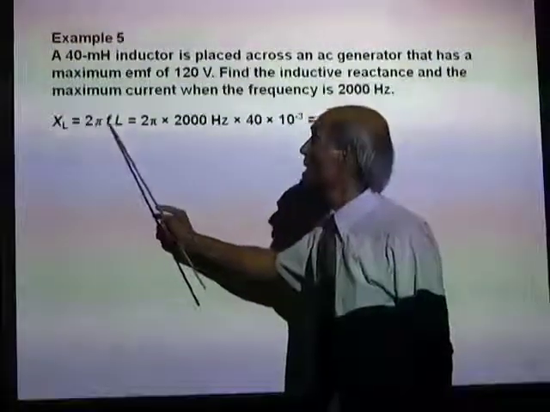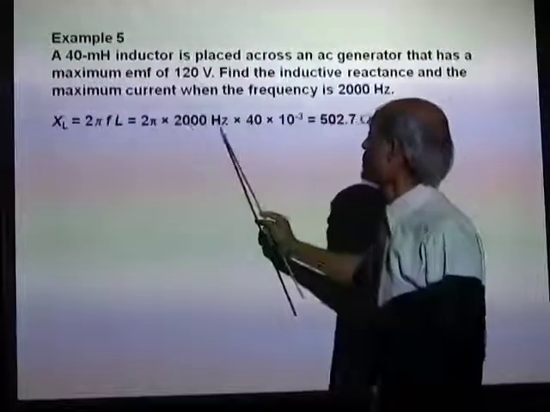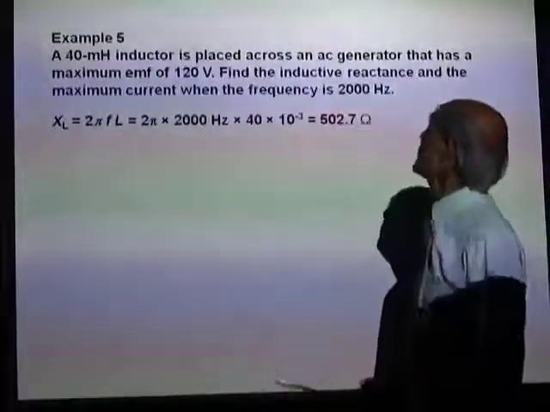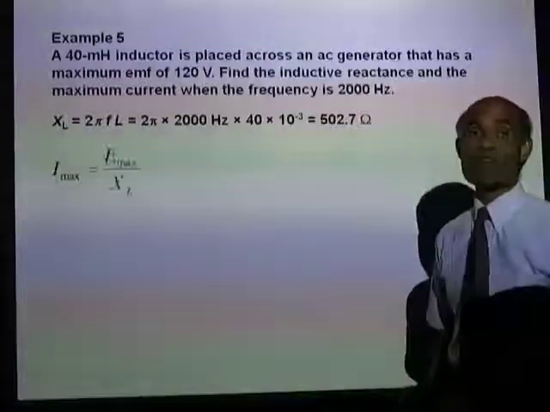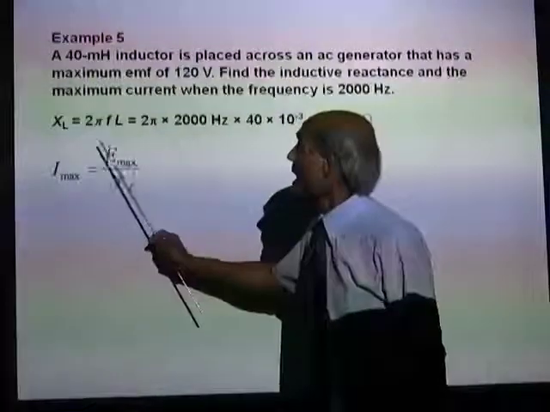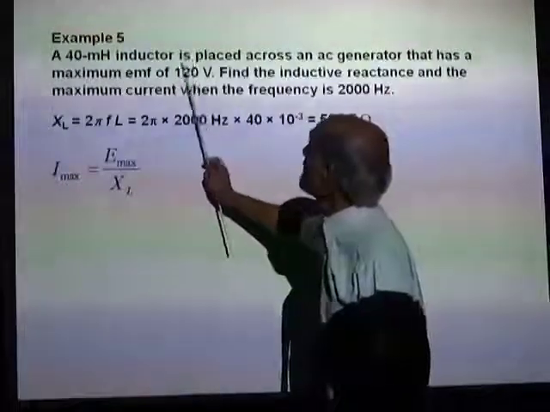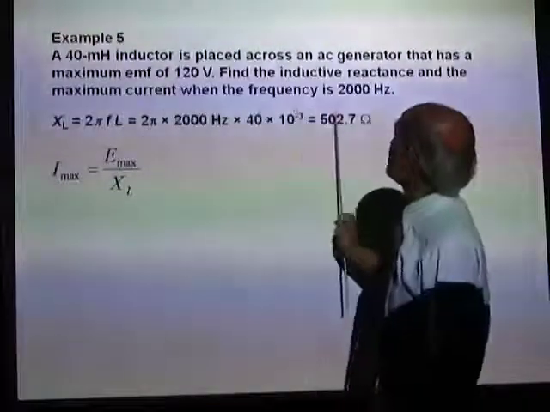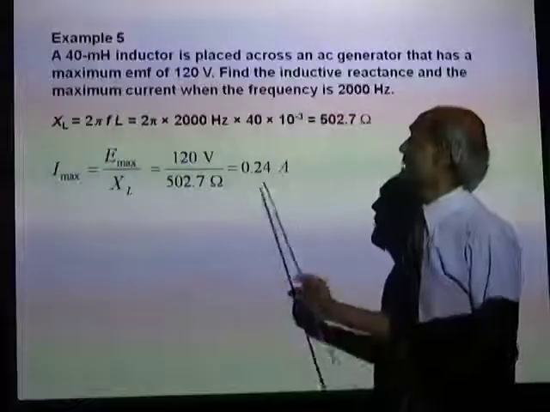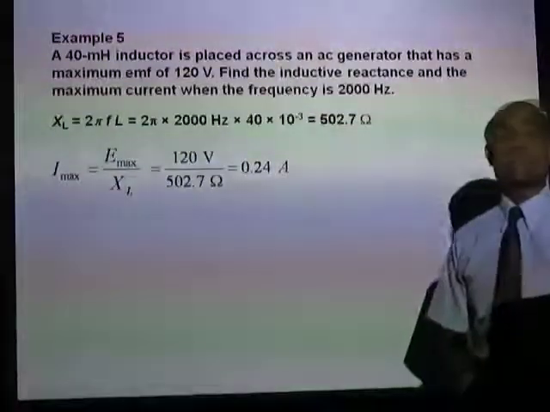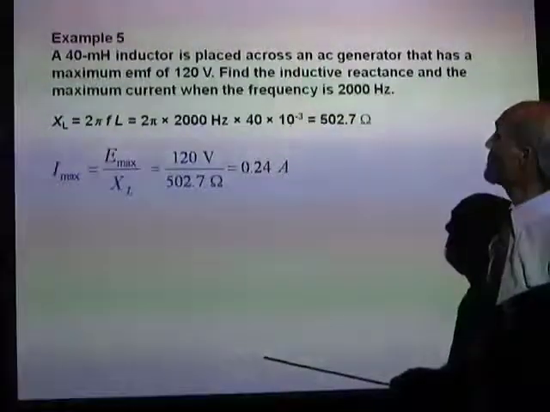XL is 2 pi FL. We have all those quantities, and that will be 502.70. I max is E max divided by XL. E max we know, XL we just calculated, and that will be 0.24 ampere is the maximum current. Well, that was a very simple problem. Let's now look at